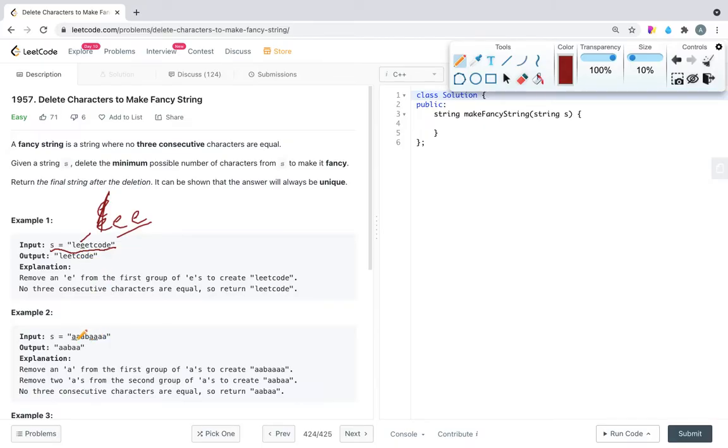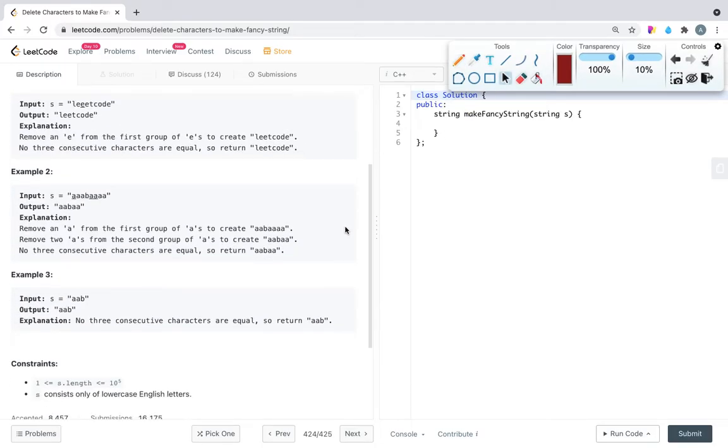Coming to example number 2, here we have three consecutive A, so we have to remove one A from here, and after B we have four consecutive A, so we have to remove 2 A from here. So removing 1 A before B and removing 2 A after B, the output string will be like this, so we have to return this.